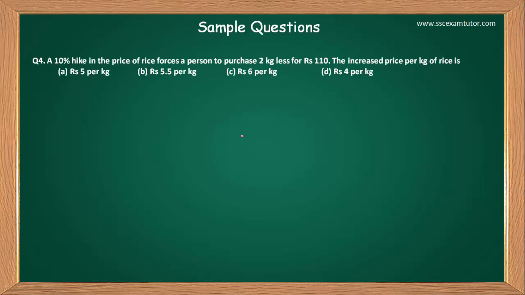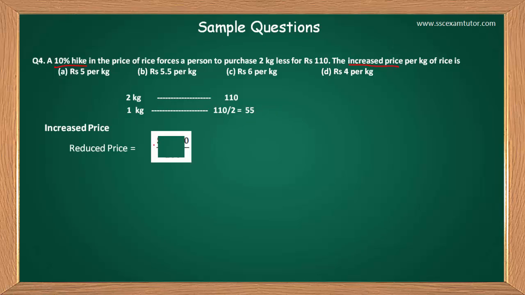अब कुछ क्वेश्चन देख लेते हैं जो हाइक से स्टार्ट होते हैं, जो पिछले CGL एग्ज़ाम्स में पूछे गए हैं। तो यहाँ 10% हाइक हो रहा है, मतलब 10% वृद्धि हो रही है प्राइस में, दाम में। तो अगेन प्रोसेस सेम है। 2 केजी का दाम 110 है, तो 1 केजी का 55 होगा। निकालना क्या है यहाँ, इंक्रीज्ड प्राइस। तो यहाँ रिड्यूस्ड प्राइस ना होके इंक्रीज प्राइस होगा, सॉरी फॉर दैट।